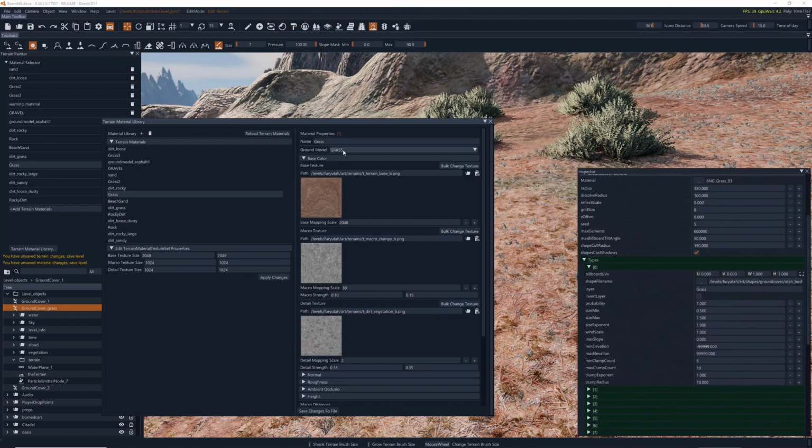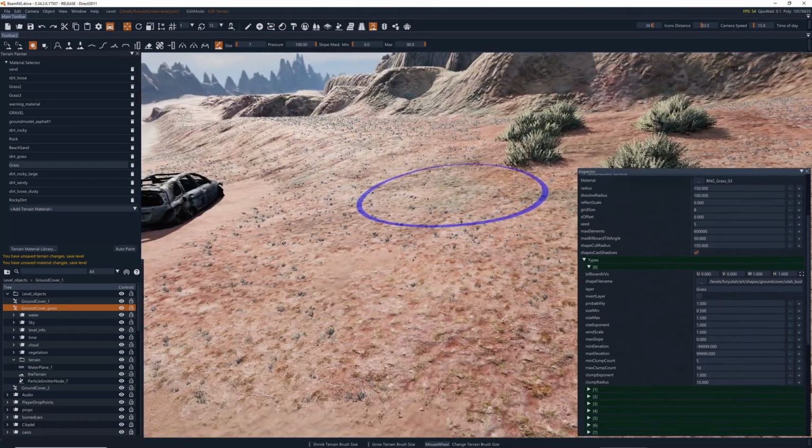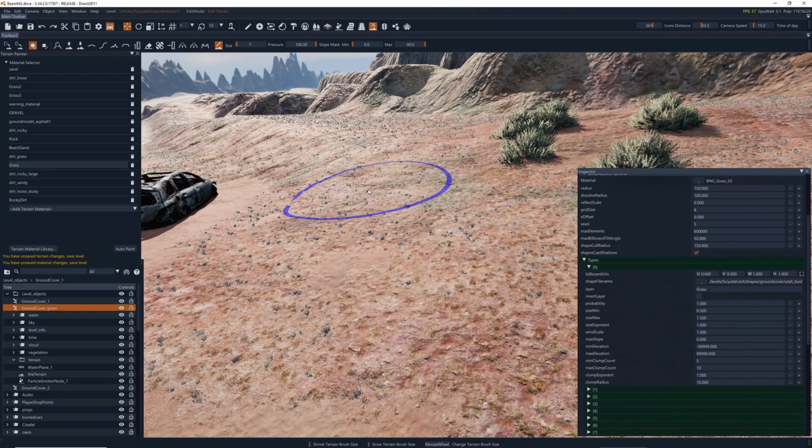So the syntax on this name, ground model grass, grass, is the ground model. It's using this name right here. And when you paste it into your layer, that's essentially how it maps. So let me close that. What we're going to do is create grass 2 and grass 3. Basically, in order to get